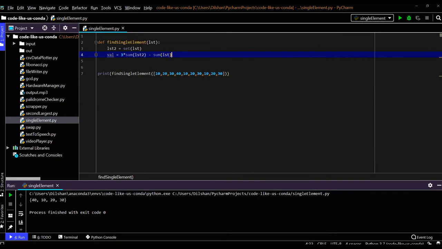This gives 2 times 40. So the final answer comes from dividing this by 2. At the end you can return the value.